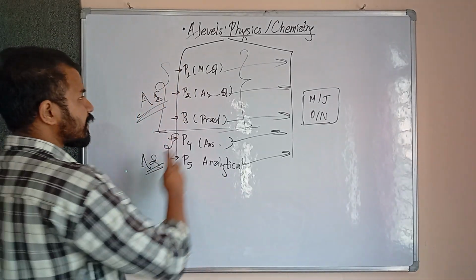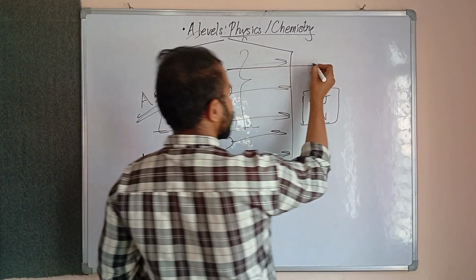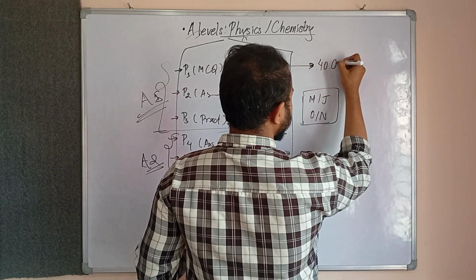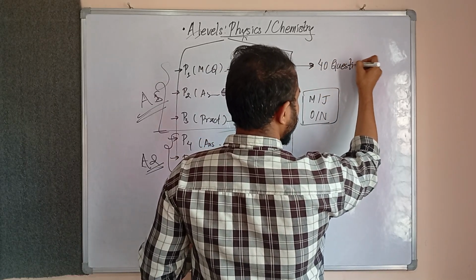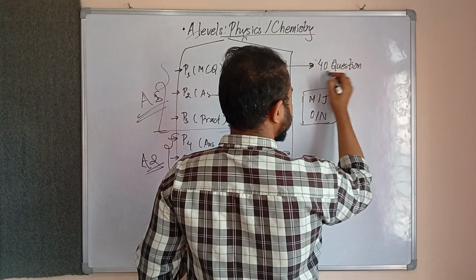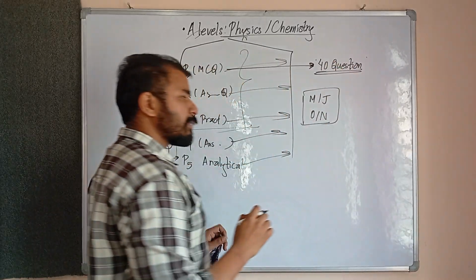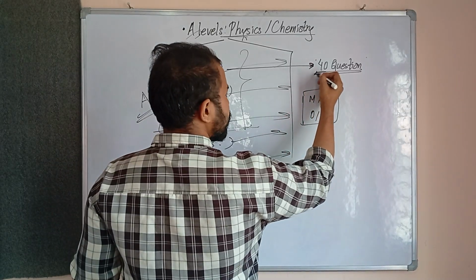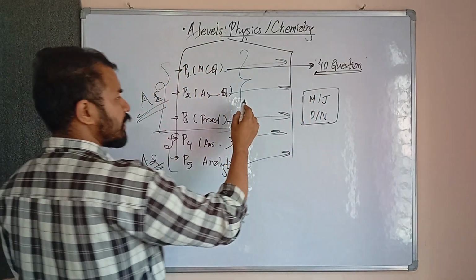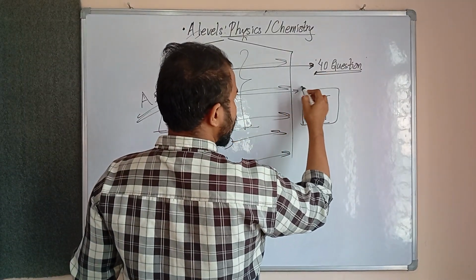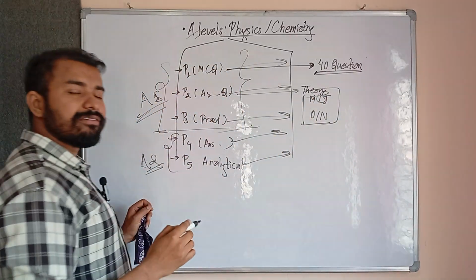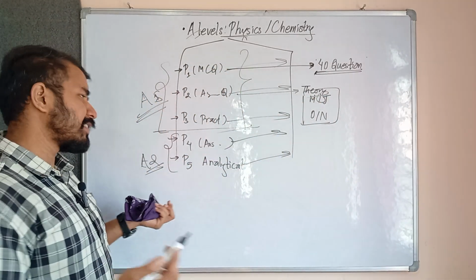And paper one is MCQ. Till today, till this date, we have MCQ. There are 40 questions, and those MCQs have a specific pattern to be asked and presented in the examination. So you have 40 questions as MCQ, and paper two is the theory paper of first year, or class 11, take it that way.